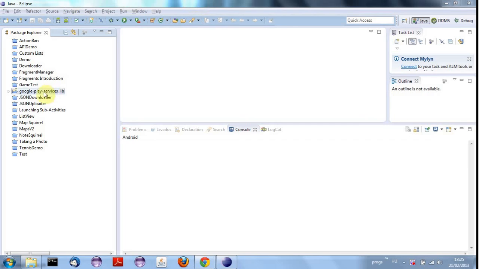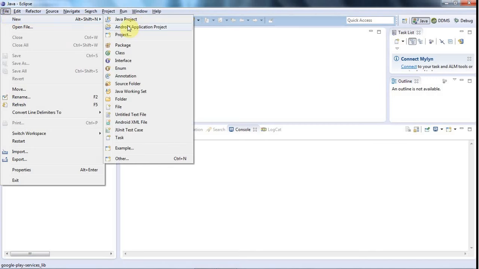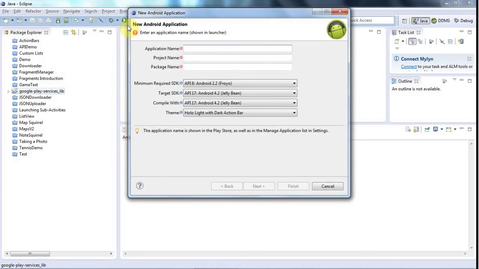So I've got my Google Play Services lib library project set up from the last tutorial, and I'm going to create a new project here. So I'll go to File, New Android Application Project, and I'm going to test this project on my phone, which is a HTC Desire C running